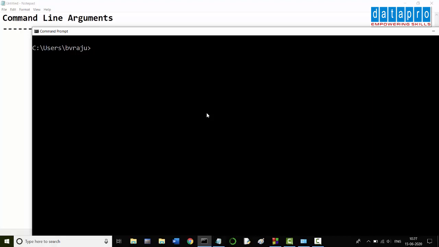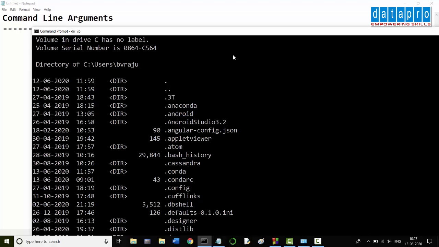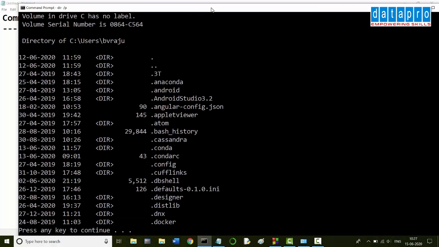Now let's see what commands with options or arguments are. We have the dir command, which displays all the files and subdirectories along with some additional information like date and time, the size of the file, etc. So if I say dir /p, notice that it has shown only the number of files that can be displayed at once on a screen.